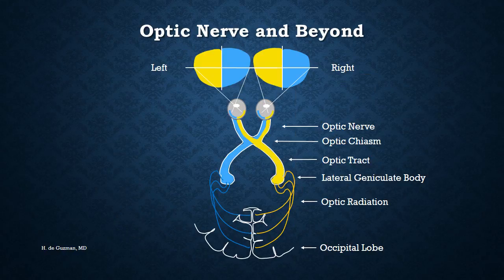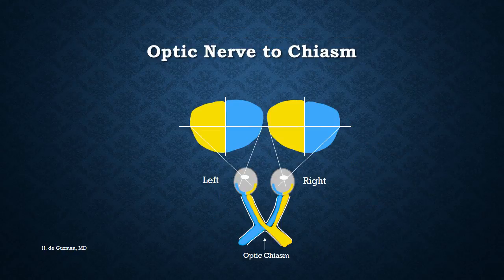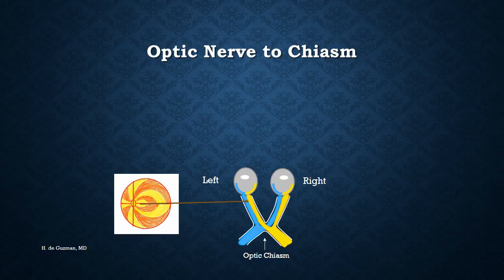The visual pathway continues as the RNFL axons all form one big bundle at the optic nerve and go on to the brain. So let's discuss the prechiasmal pathway first. A few millimeters behind the optic nerve head, the axons are redistributed so that the fibers from the retinal ganglion cells in the nasal retina are in the nasal part of the optic nerve, and the fibers from the RGCs in the temporal retina are in the temporal part of the optic nerve.